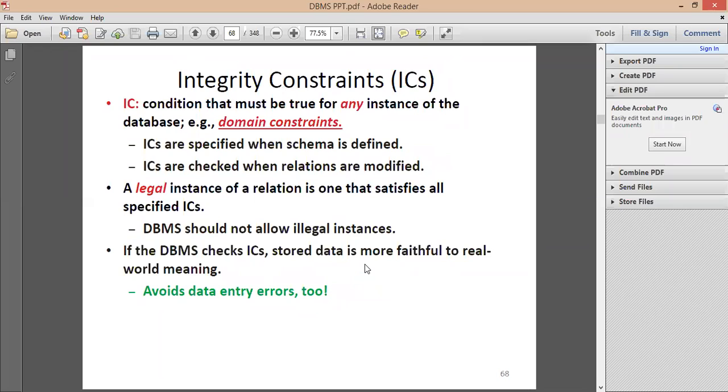Now, what do you mean by integrity constraints? These are constraints over tables. We have already seen these integrity constraints, and we'll be seeing them again in first unit also.